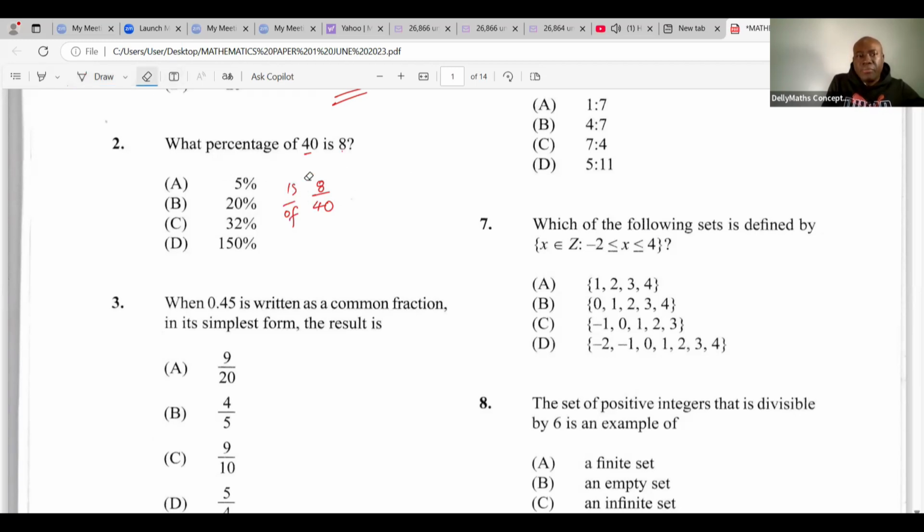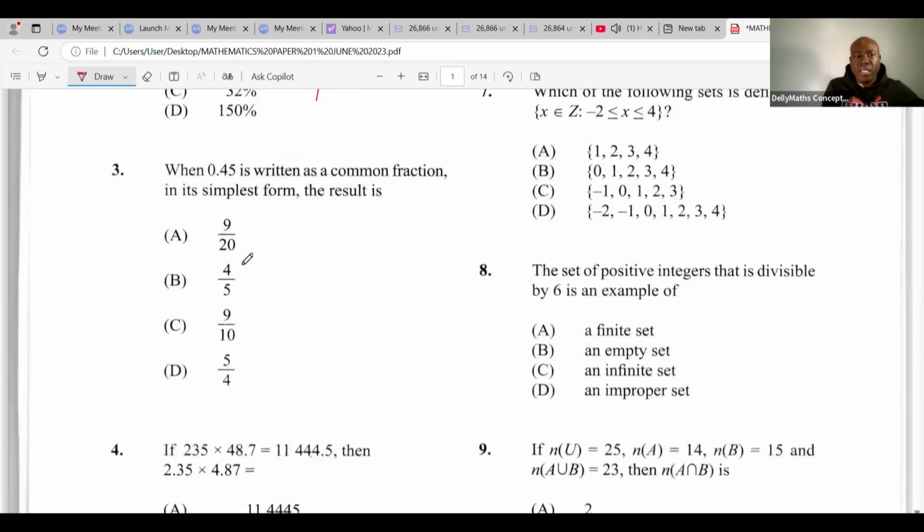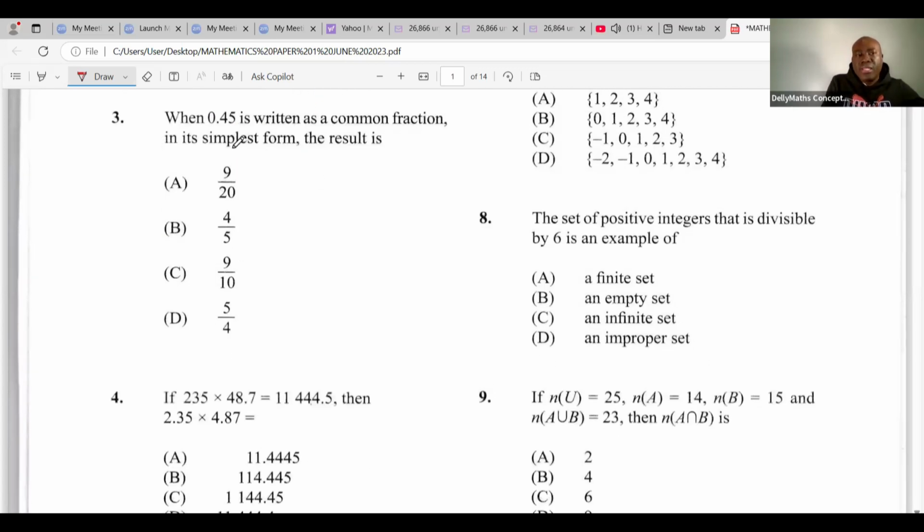So what percentage? Well, we turn this into a percent. We multiply this by 100. Okay, so we could do whatever we want. We could cancel 10 into the 110, 10 into the 44, and then 4 into itself 1, 4 into 8, 2, 2 times 10, and we're getting 20% for number 2. Quite easy, right? Now, number 3 says when